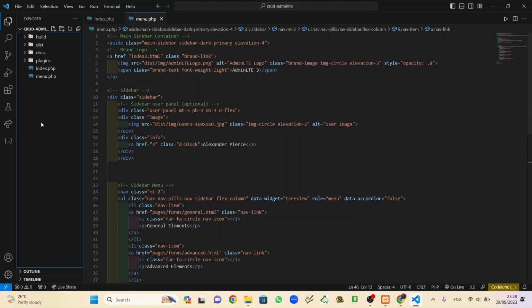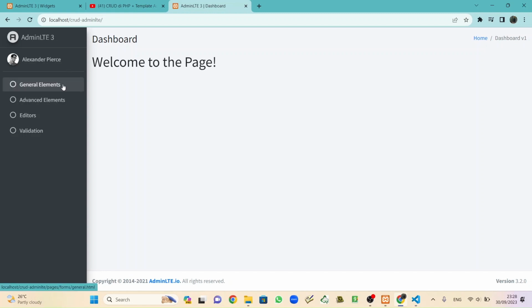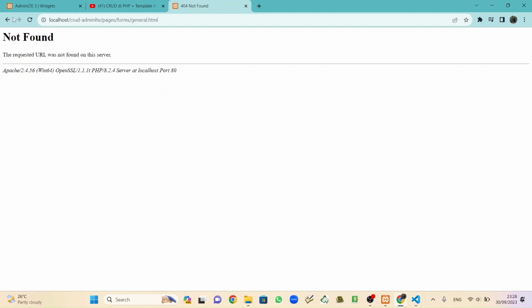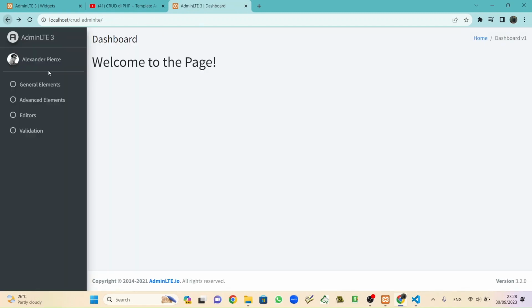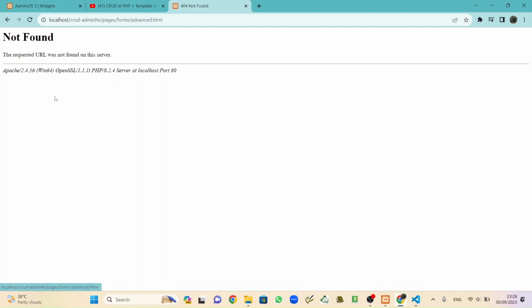And the next step is we'll make each menu have its own page. When we click on that menu, there is nothing to do because there is nothing to redirect. What is advanced HTML? There is nothing.